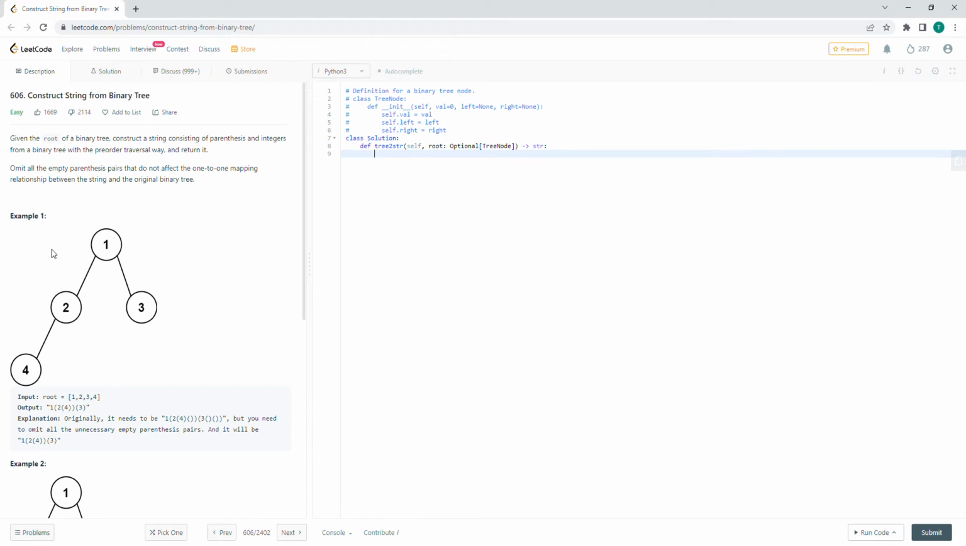So in example number 1 here we have binary tree of 1, 2, 3, 4, and we want to create a string out of that. So we know that originally it needs to be the following, right? It needs to be 1, then these get paired together, and then we know that 4 is paired together with 2. However, we need to remove the empty one, so therefore we have null here, so remove that, and therefore we have 2 with parentheses to 4,